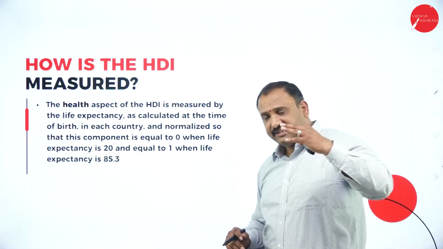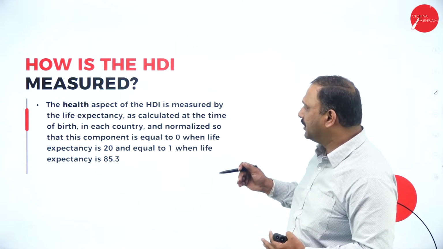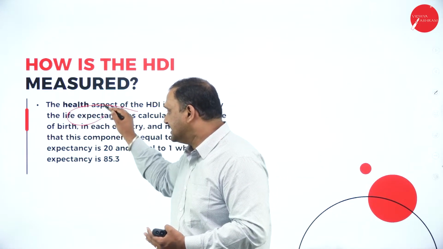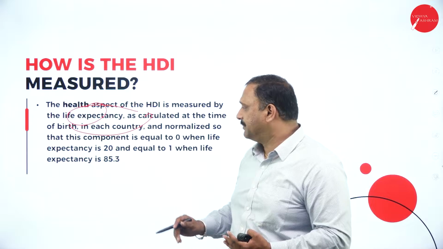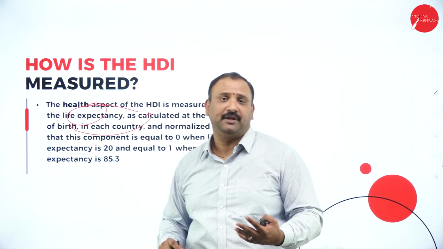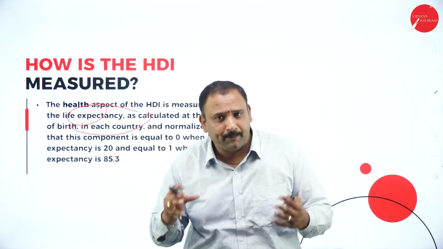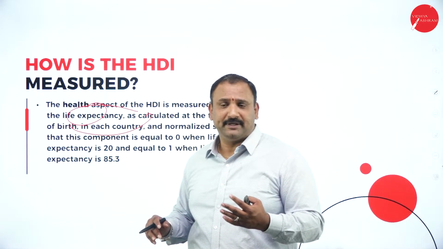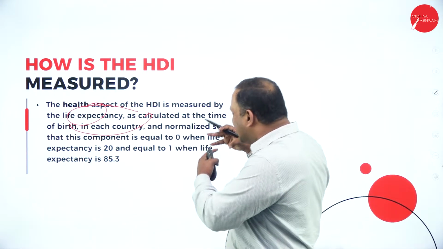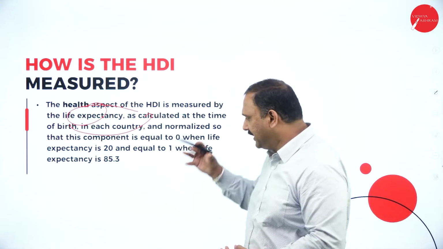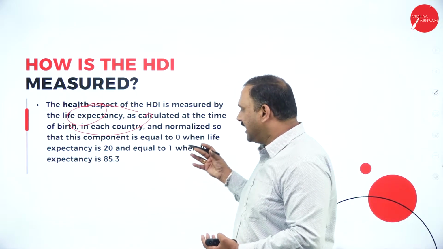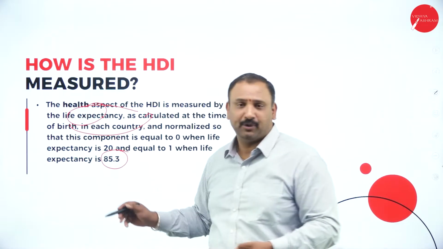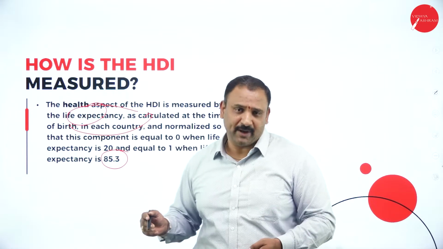Moving further, the health aspect, as I was talking about, is very, very important. It talks about life expectancy at the birth of each and every person, how many years we live, and what are all the components that govern the entire factor here. So the health component is definitely going to speak volumes about us. We try to look into it, and you see the life expectancy in India is about 85.3. That's what we have been talking about.